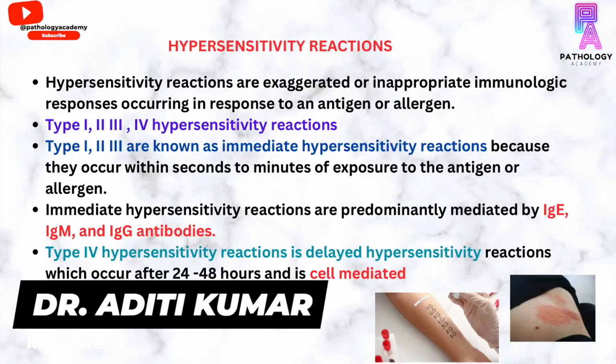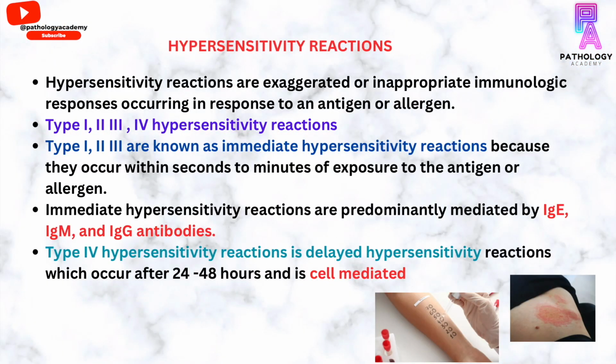Hypersensitivity reactions. Hypersensitivity reactions are exaggerated immunological responses which occur in response to an antigen or allergen. Hypersensitivity reactions are of four types: type 1, type 2, type 3, and type 4. Type 1, type 2, and type 3 are known as immediate hypersensitivity reactions because they occur within seconds to minutes